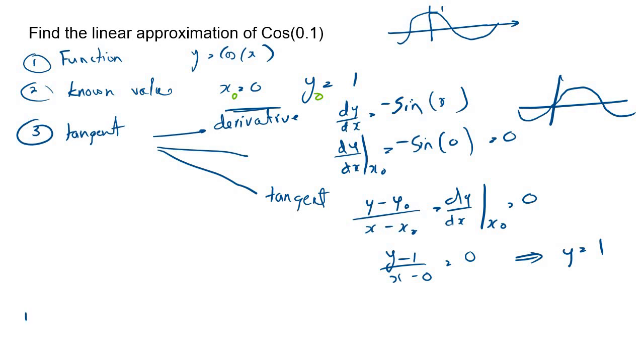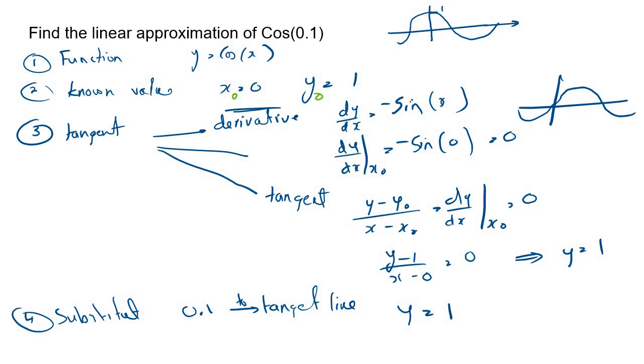Then for step 4, we substitute 0.1 into the tangent line. So the tangent here does not have any x value, so there is no place to substitute the x, but the value is equal to 1. So when x is equal to 0, y is equal to 1, so 1 is the approximate value for cos